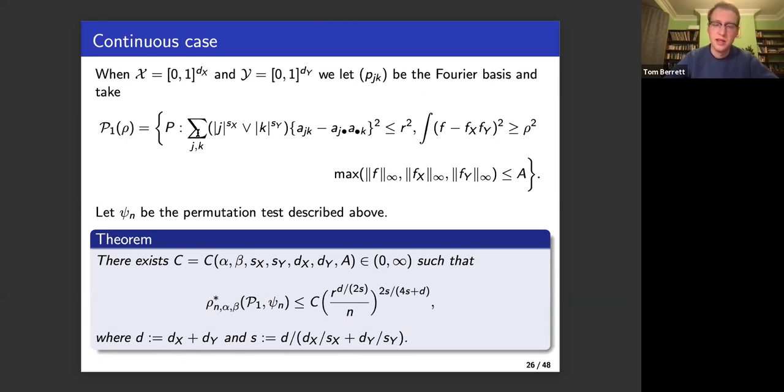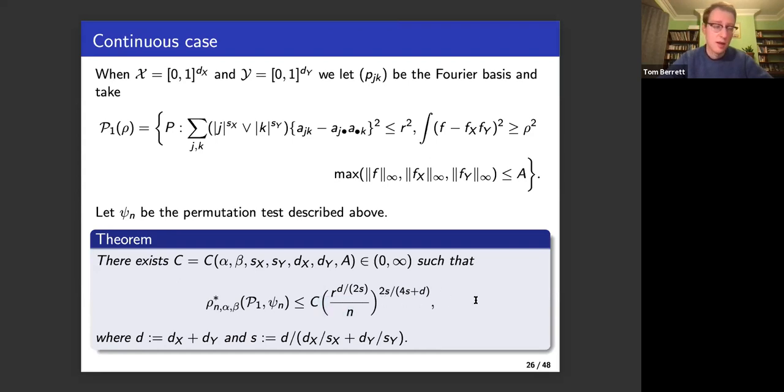So we define our alternative hypothesis to be all those smooth distributions whose dependence is at least some level rho squared, and where the densities are all bounded. This bound on the densities, we're treating that as a constant. I think of this as a technical assumption, but we had to make it to make the analysis tractable. But what we show in this continuous setting with the Sobolev smoothness is that the permutation test I've introduced achieves